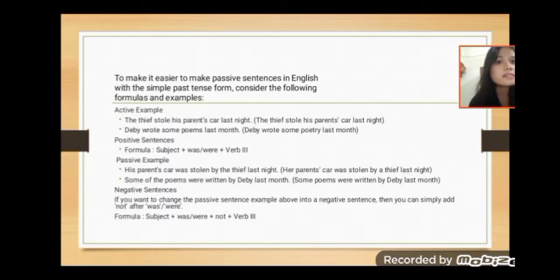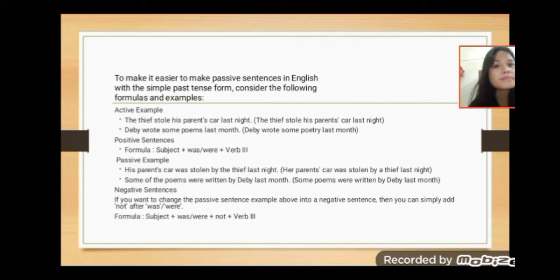Formula and example. To make it easier to make passive sentences in English with the simple past tense form, consider the following formula and example. For active: Dave stole his parents' car last night. Debbie wrote some poems last month. Positive sentence formula: subject plus was or were plus verb 3. Passive example: his parents' car was stolen by Dave last night, and some of the poems were written by Debbie